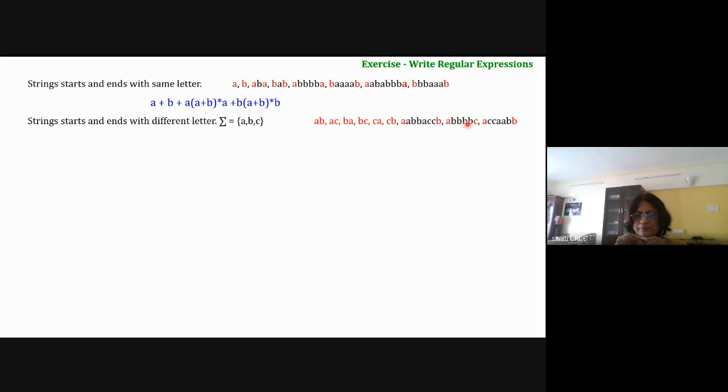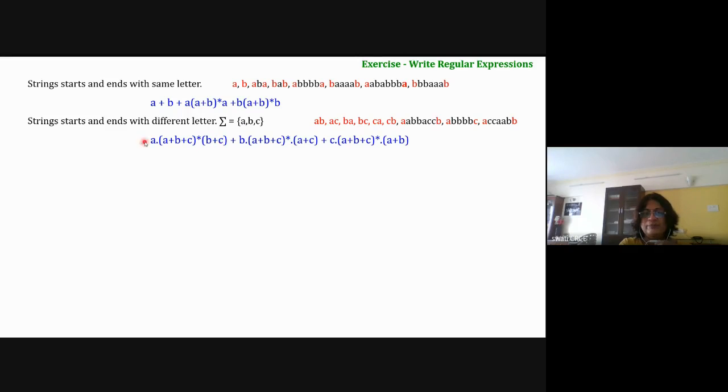Okay, Akshay. Okay, so Mario is also on the right path. See here, start from A, end with either B or C. So I can have multiple terms. I can have two terms here, or I can have a single term also. Okay, so some of you have written down the answer as A dot (A plus B plus C) star dot B plus A dot (A plus B plus C) star dot C. That is also correct, or you can write here in the bracket B plus C.